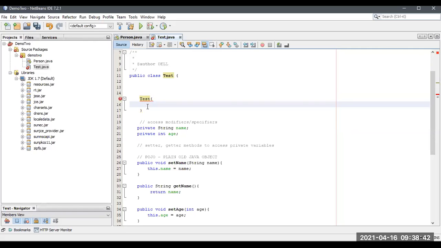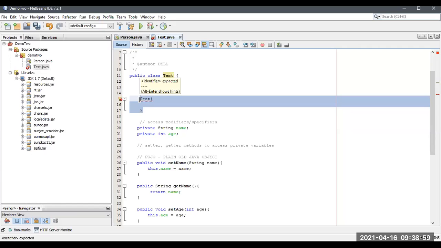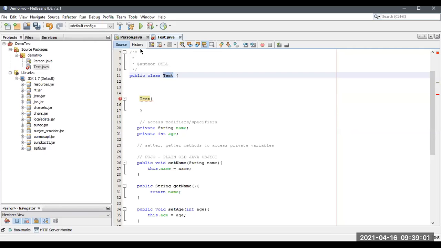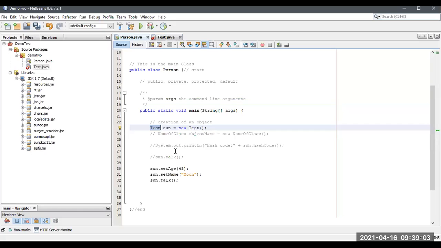The main use of a constructor is that there is no need to create values separately. We can directly access all the values inside this constructor by creating an object.